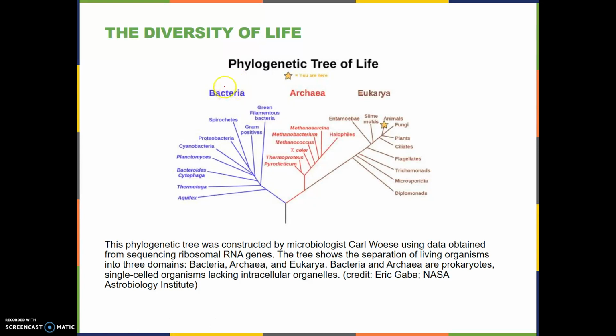These are the 3 domains of living things: bacteria, archaea, and eukarya. These are the 3 large groups that all living things are grouped into. And you may recognize some of the examples of bacteria and eukarya. You probably do not recognize many of the examples of archaea. They're not as commonly known, they're not as well studied. But these are the 3 domains of life. So we divide all living things into one of these groups.